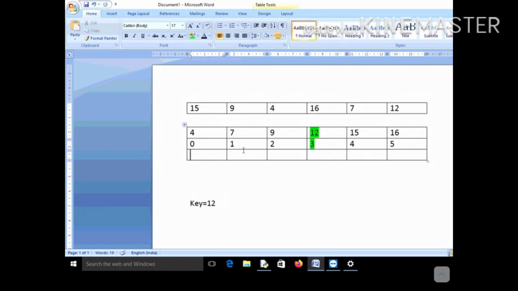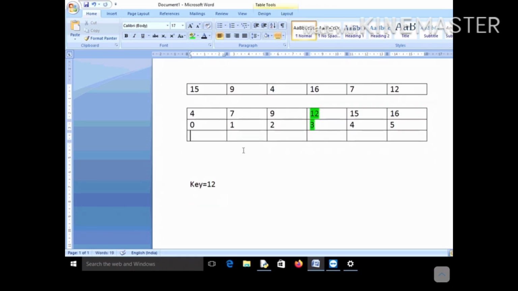So what is our approach? We take 2 pointers, 2 variables: one is start and another is end, S and E. S points to the first element of the sorted list, not the original list. Mind that the very first step in binary search is to sort your list.